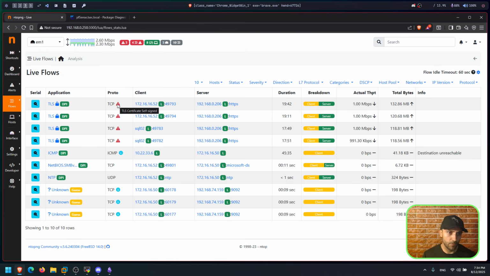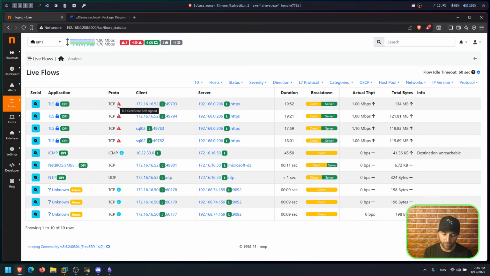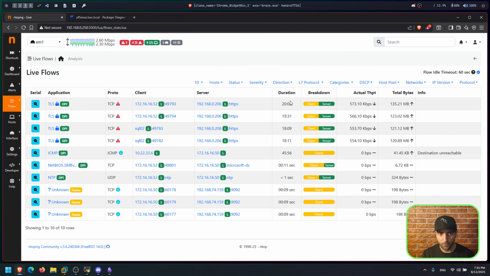And we can see that we have a warning or alert for it that the connection is using a self-signed TLS certificate. So again, nonetheless, I don't want to get into that much detail, but if you guys want evasiveness, just don't go for a self-signed certificate. That's not how it works. Okay. Here we can see also the duration. We can see that this communication was going on for 20 minutes now,